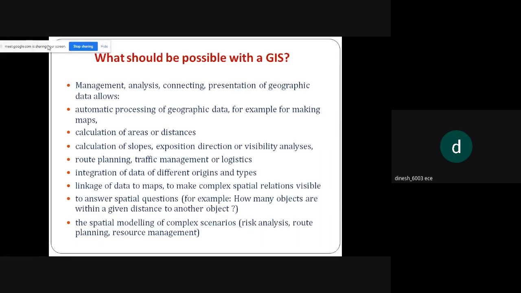Automatic processing of geographical data. For example, making maps, calculation of areas or distances, calculation of slopes, route planning, traffic management, logistics, integration of data of different origins and types, linkage of data maps,